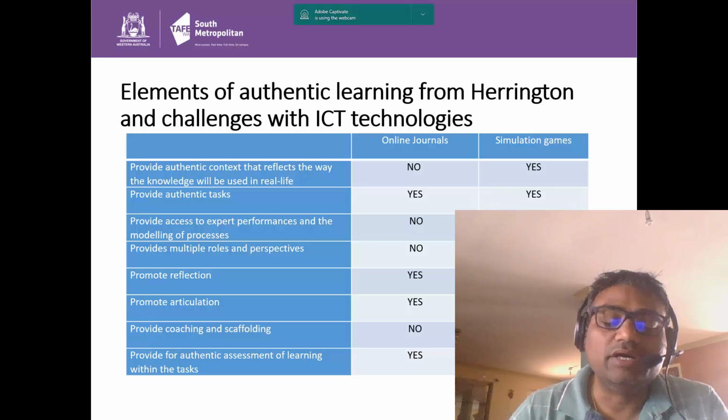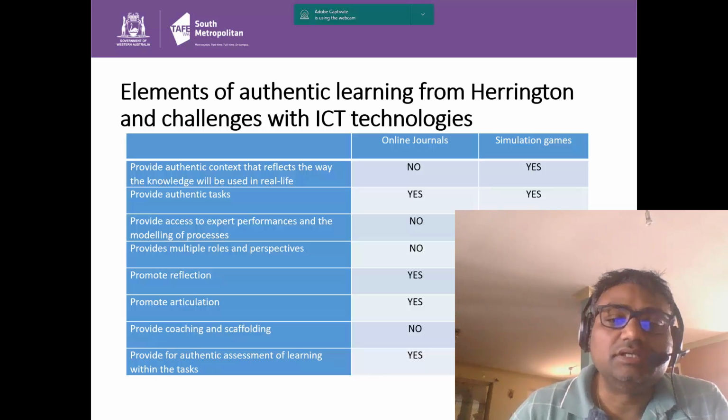provide the assessment. We don't have any summative or formal assessment. What we're trying to do is to tell the stories, to expand the episodes of their program. Simulation, for example, has a much greater advantage in giving multiple roles, perspectives, coaching and scaffolding, to learn, to correct the way they think, and so on.